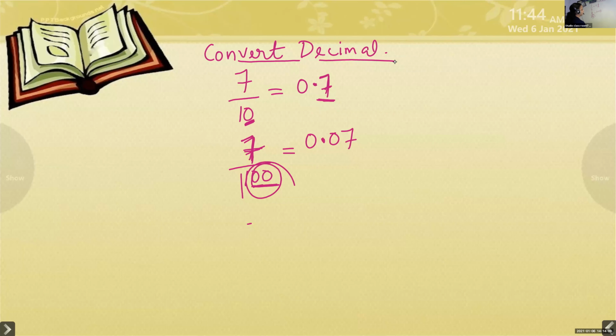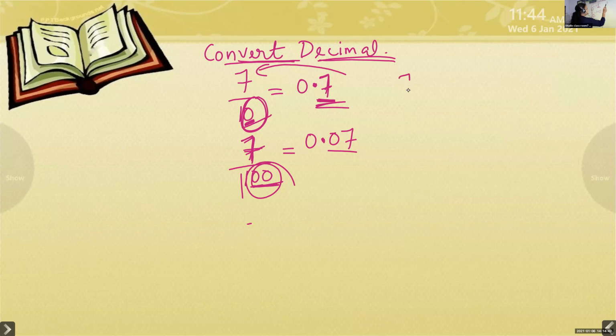Before that, Anandesh's video was stuck, maybe because of the network. So here, to convert a fraction into a decimal, what do you have to do? Look at the decimal places. How many decimal places after the decimal point? We have to look at the number of zeros in the denominator. Here we have only 1 zero and here we have only 1 decimal place. Here we have 2, here also we have 2.